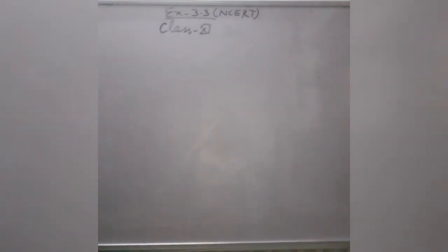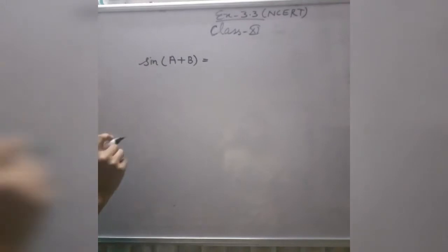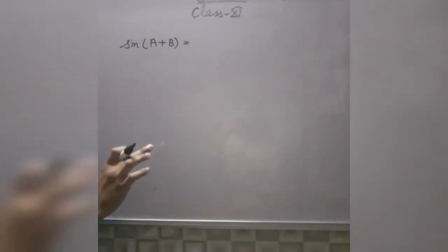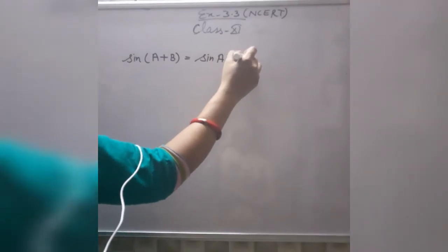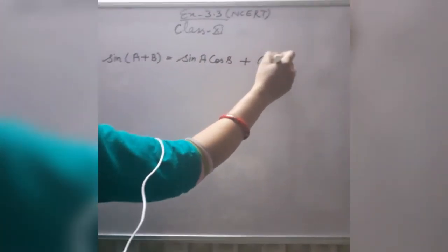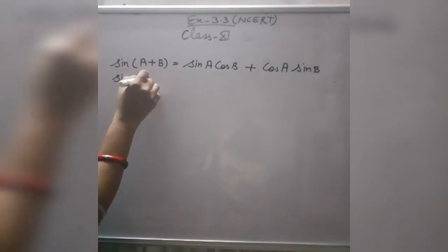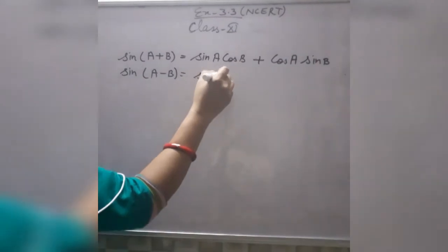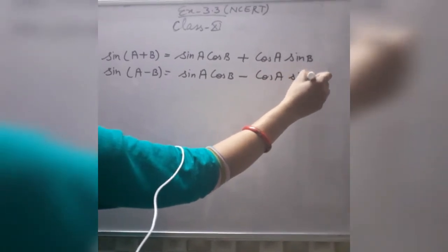In question number 5, 2 parts are given to you, but before doing question number 5, I am telling you a few formulas. You will learn these formulas. No need to do the proof of these formulas. Sin A plus B is not equal to sin A plus sin B. It becomes wrong. Sin A plus B can be written as sin A cos B plus cos A into sin B. Similarly, in the case of the minus sign, sin A minus B, these terms remain as they are. Just in place of the plus sign you will take minus: sin A cos B minus cos A sin B. Listen again.